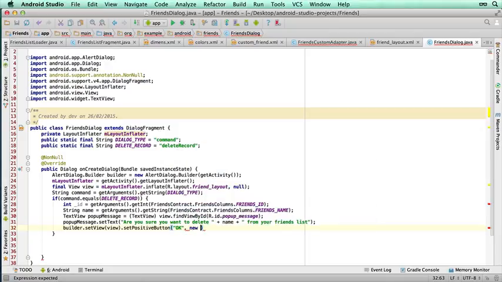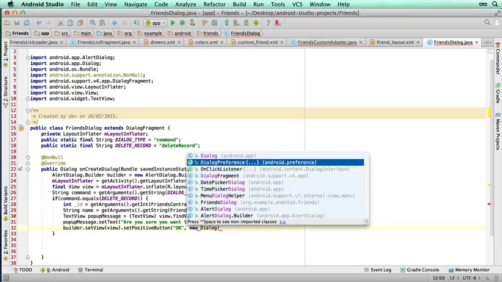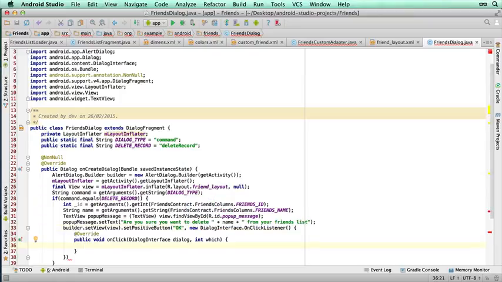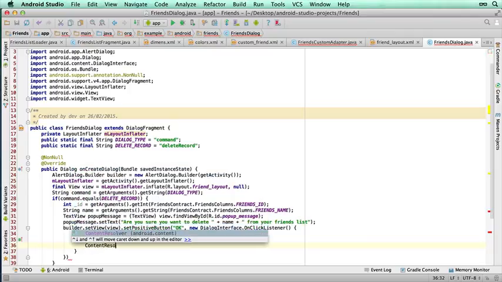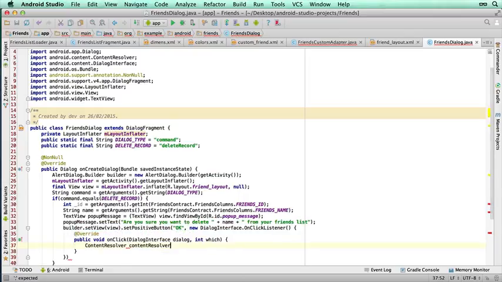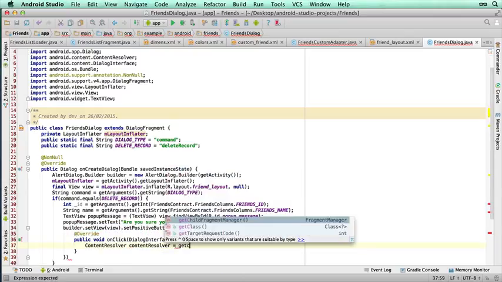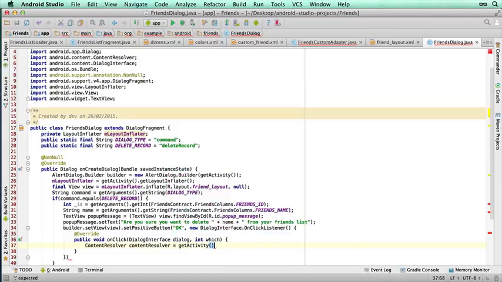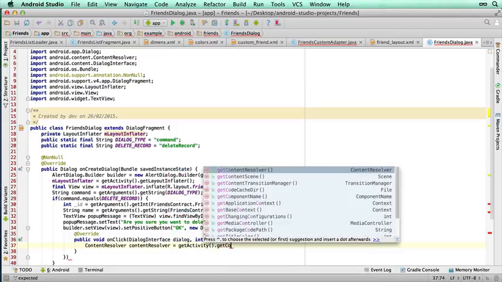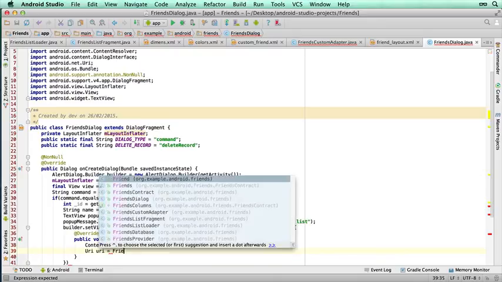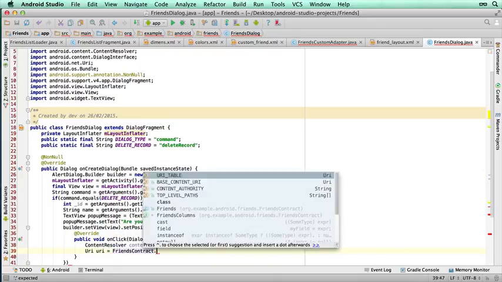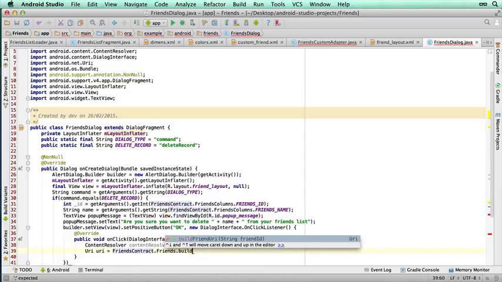You want to create a listener now. New dialog on click listener. And again, this is what happens if they have clicked it. You can see that code was created for us. So if they have confirmed, then of course we want to use our content resolver, we want to actually delete the record. So we're going to activity dot get content resolver. URI equals, and that'll be friends contract dot friends dot build friend URI